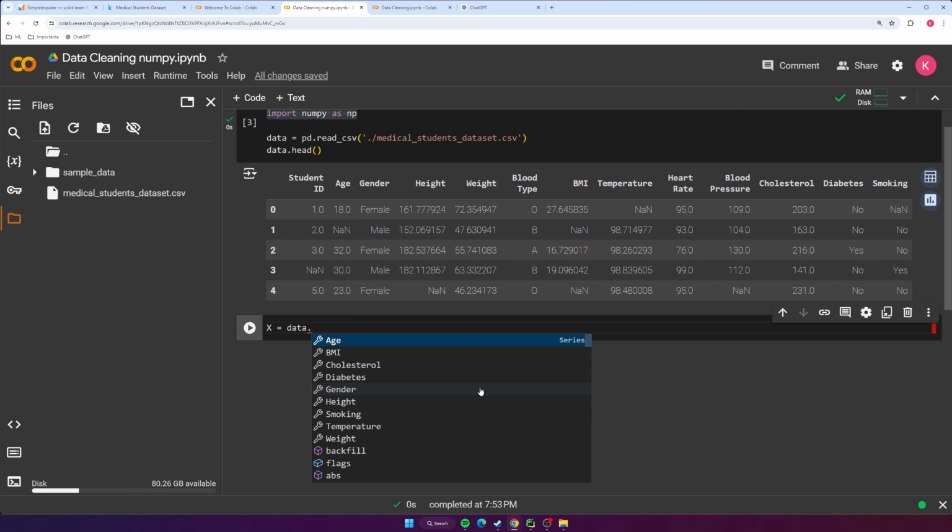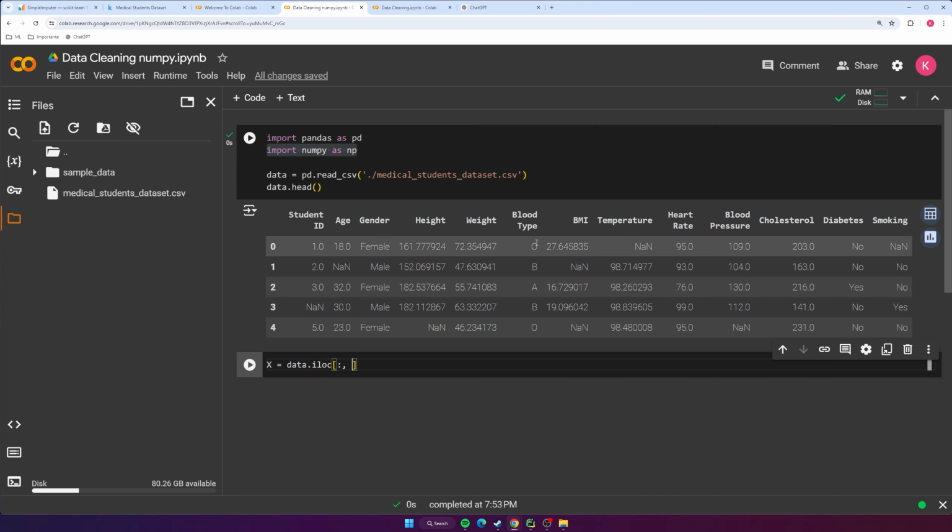So data.iloc. Now for the simple example here, I'm not really trying to predict anything. Normally I would have the target variable in the last column. It doesn't have to be, but normally that's where people would put it. So we're just going to pretend smoking is our target. We're going to do the same as before, all the columns except for the last column, so colon -1, that will give you all columns except the last one, dot values,